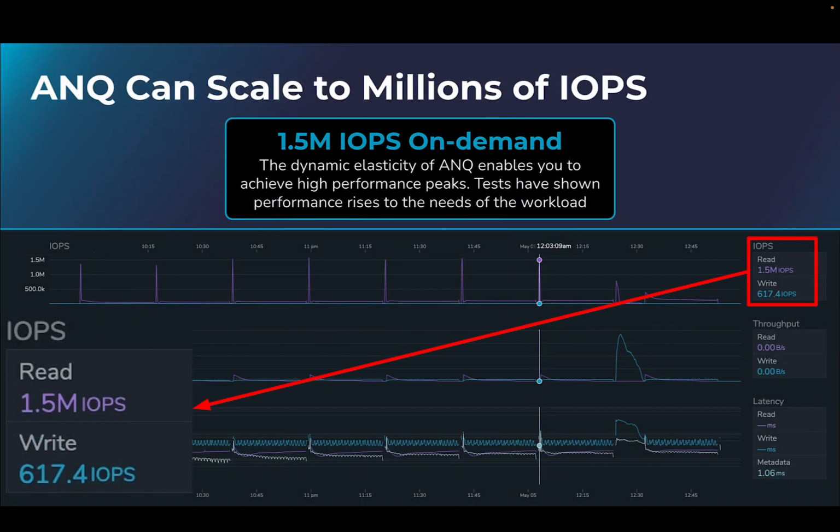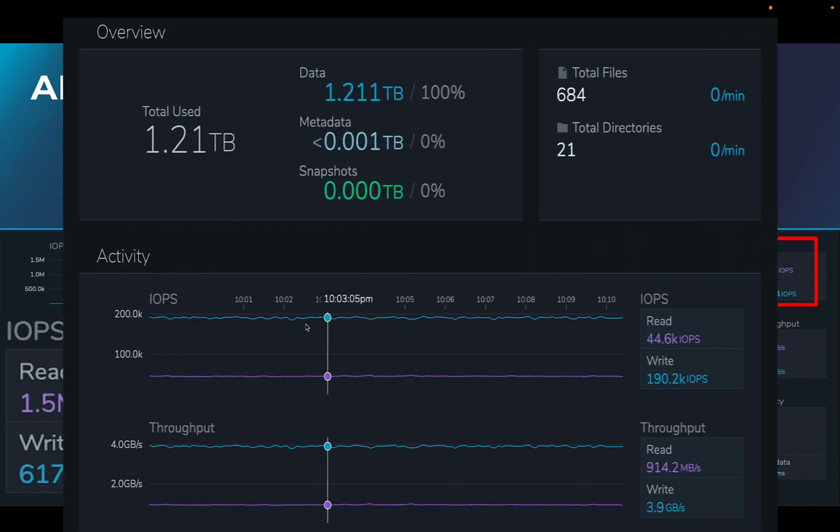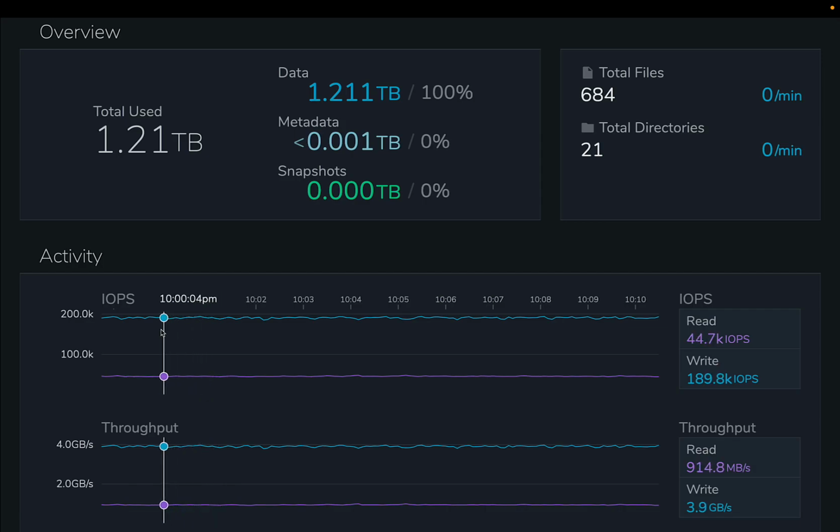Here's an example of an ANQ cluster doing 1.5 million IOPS. This was during a benchmark I was running last week. And yes, they are all read IOPS and small block, but the ANQ cluster was able to handle it with no issue. Now I will walk you through a demo of the SMB bench